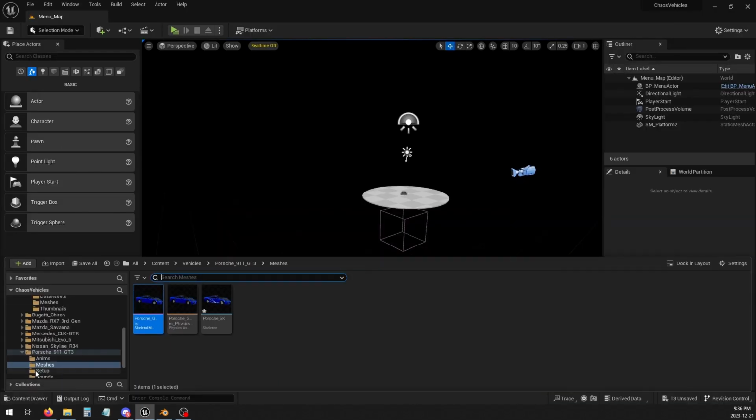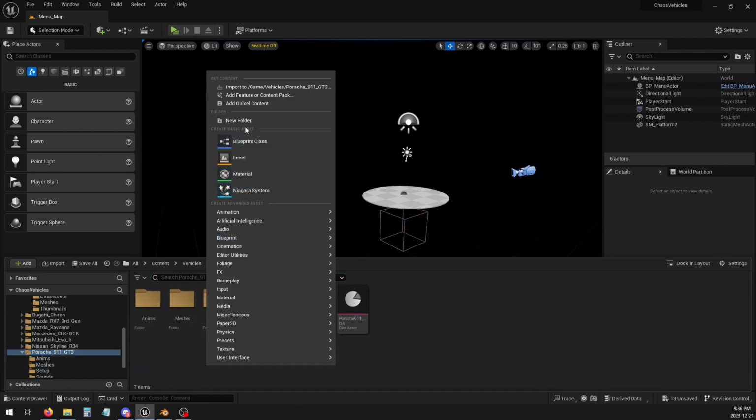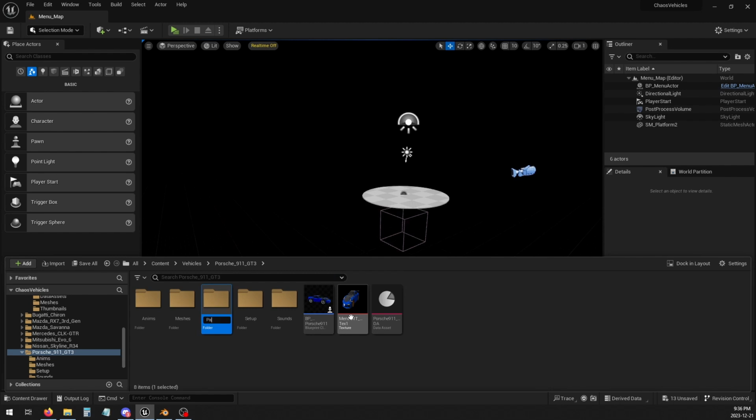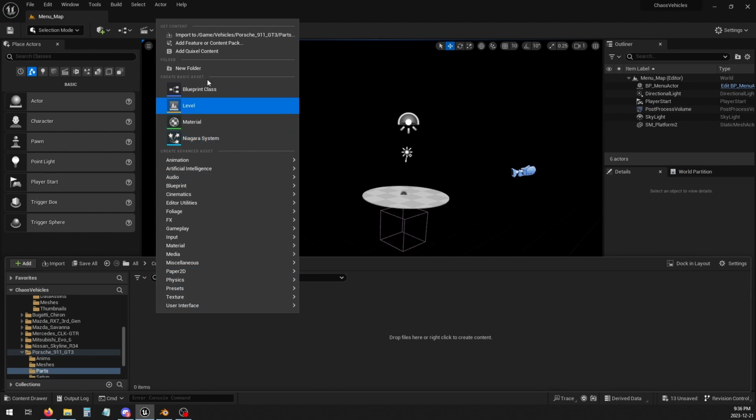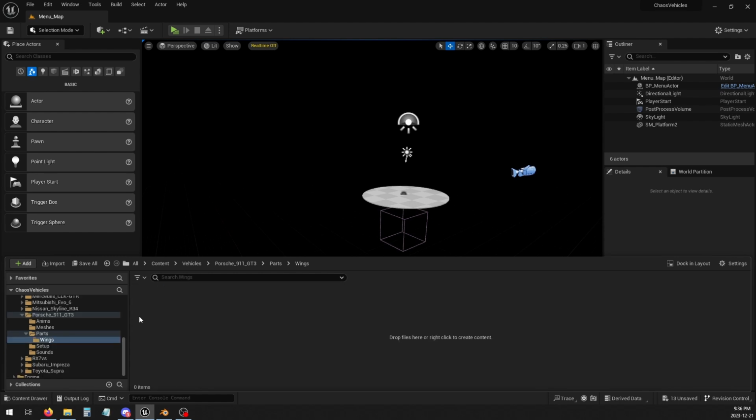And back into the engine here, Porsche meshes. I really should create a folder for parts, and then another folder for wings, because you might have bumpers, roofs, bonnets, side skirts, exhaust, you know. And in here,